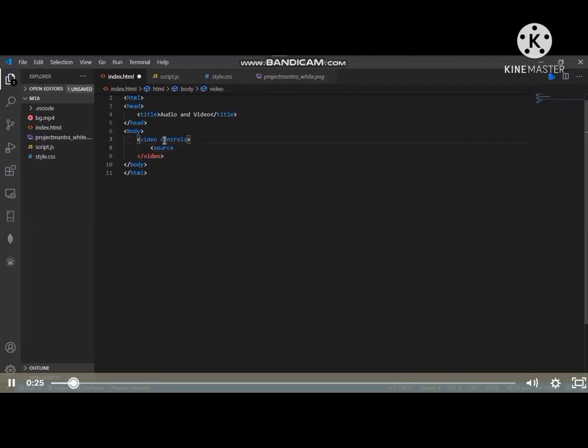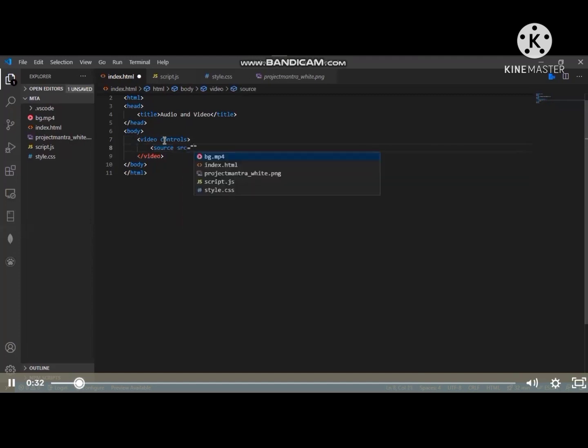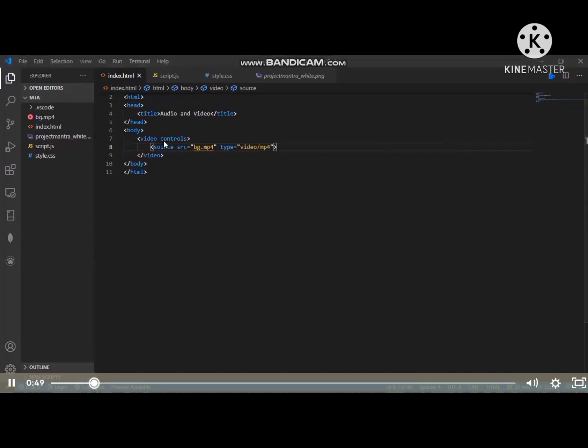So source src is equal to bg.mp4, type is equal to video/mp4. Okay, so now we have a working